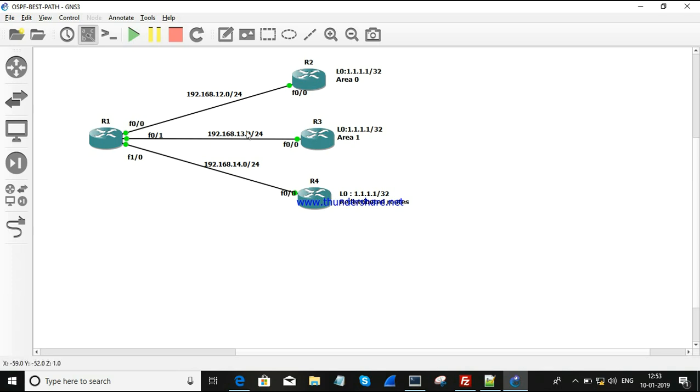In R2, 1.1.1.1/32 belongs to area 0. While in the case of R3, the same IP address belongs to a different area. Here it is described as area 1. While in the case of R4, it doesn't belong to an OSPF network, that is, its origin is not OSPF,